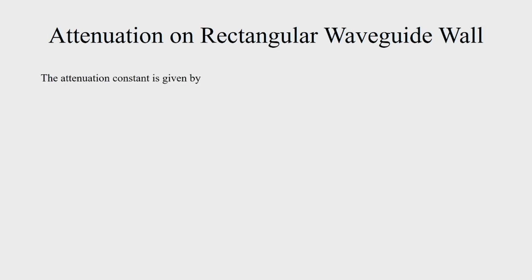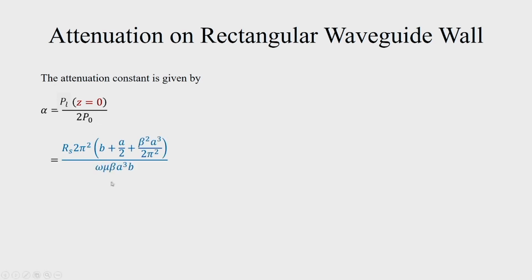The attenuation constant is given by power loss at z equal to 0 divided by 2 P_0. Now, this P_0 we have already computed; it is the power of the dominant TE10 mode, which we have calculated, and therefore, if you substitute these expressions, then we get an expression for